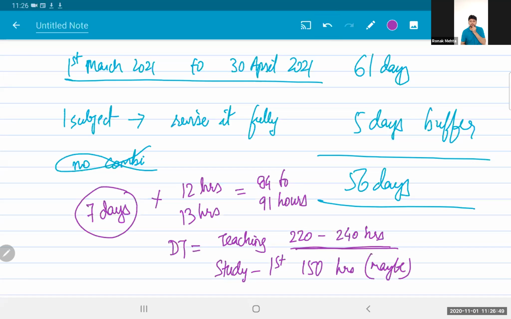Every chapter is not going to be time consuming. PGBP will take probably 3 days to finish. But in the next 3 days, after PGBP, you can do set off, you can do deduction, you can do business trust, you can do AOP, you can do AMT, you can do MAT.